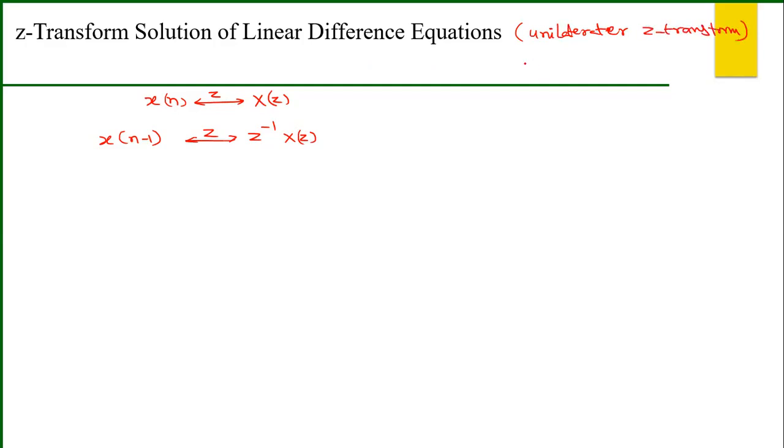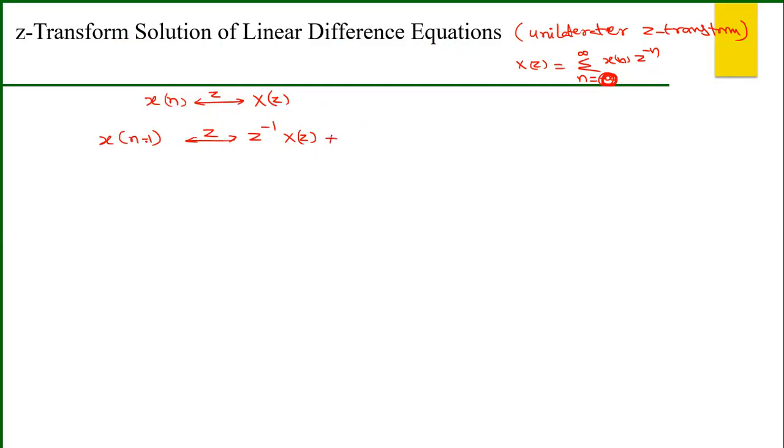Unilateral Z transform is nothing but, what is X of z? Summation n equal to minus infinity to infinity x of n z power minus n. This is the general form, right? The unilateral means it is from 0 to infinity, because it is only the right-sided part. That's why we need to write carefully, for these linear difference equations, what is the Z transform. X of n Z transform is X of z. X of n minus 1 Z transform will become z power minus 1 into X of z,